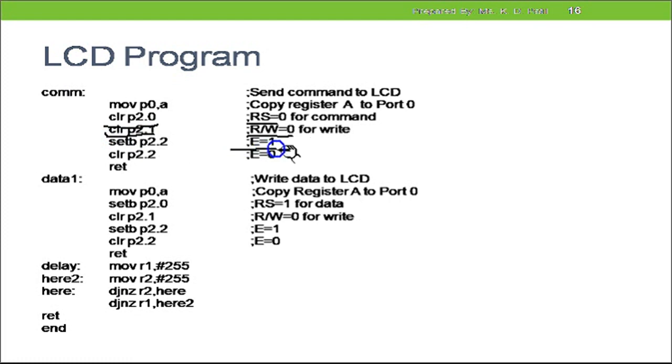Then I want E to be 1 initially, and that's the reason I have used the SETB P2.2 instruction, because whenever P2.2 is 1, E will automatically be 1, as P2.2 is interfaced with E. Now I want the value of E to be 0, and that's the reason I will use the CLR instruction, and I will get E equal to 0.